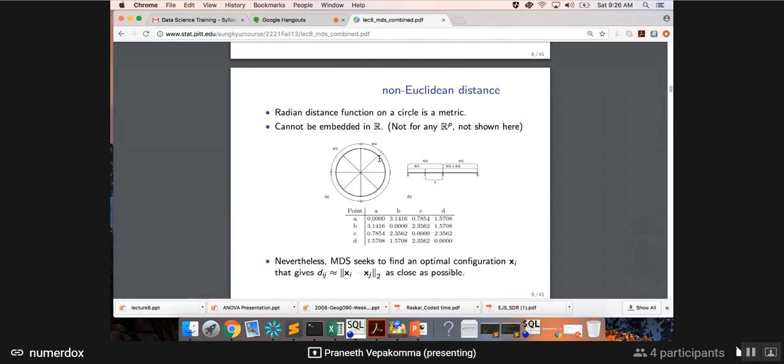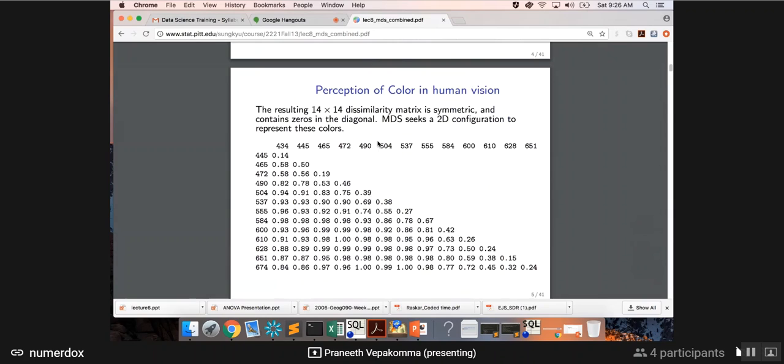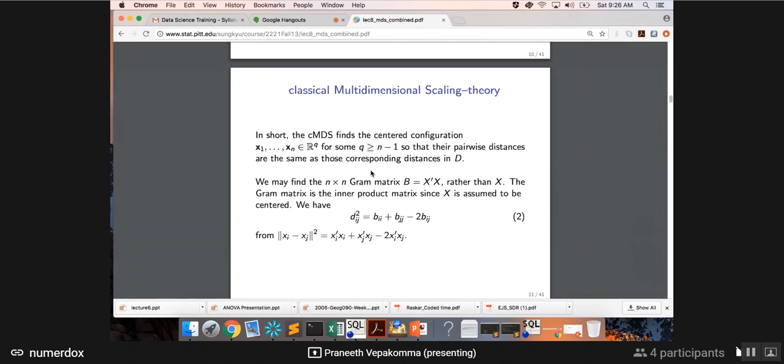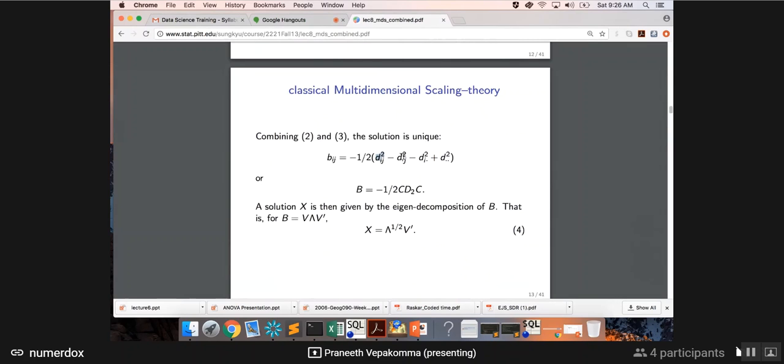You compute distance matrix B, which is your original input data, this distance matrix or similarity matrix. Then the theorem goes by this. If you compute the distance matrix and use the ijth entry of the distance matrix, D dot j squared means the mean of the jth column of the distance matrix. This is the ith row. This is the mean of everything. Okay. And then if you compute this entry and call it Bij, you do this algebra and call it Bij. And then if you compute the B matrix where every entry ij has this Bij, the beauty is